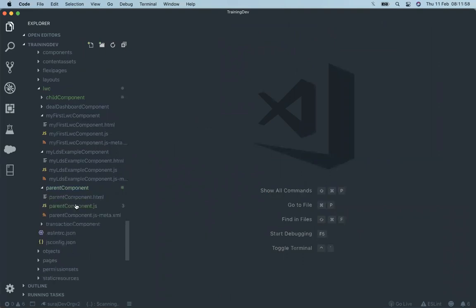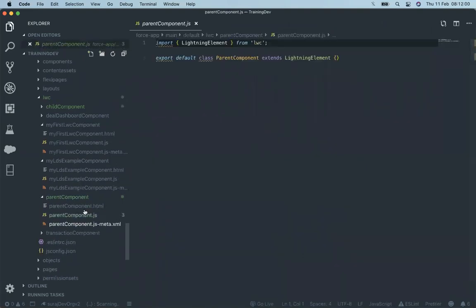By the way, I remember there was a question asked: why is LWC one-way data binding, but Aura is two-way? Yeah, because the Aura is using the value provider and there is no value provider here. When you say value provider, what does that mean?